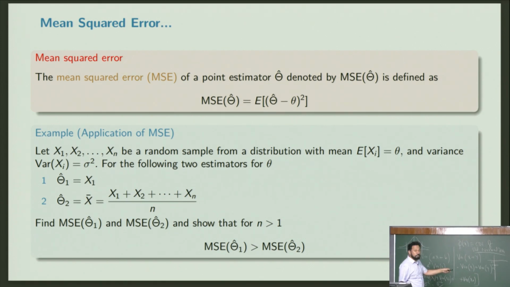So mean squared error is like this: the expectation of theta hat minus theta, squared. Now you compute. Earlier, the bias of the estimator where you just picked one guy and computed the average, and the bias of the other, were both 0. But now it won't be. Now the error of theta hat 1, which I am claiming here, is larger than the error of theta hat 2. Meaning, computing the average from a bunch of samples gives me lesser error. Lesser is better, so MSE lesser is better. The MSE seems to be a better measure of the quality of your estimator.